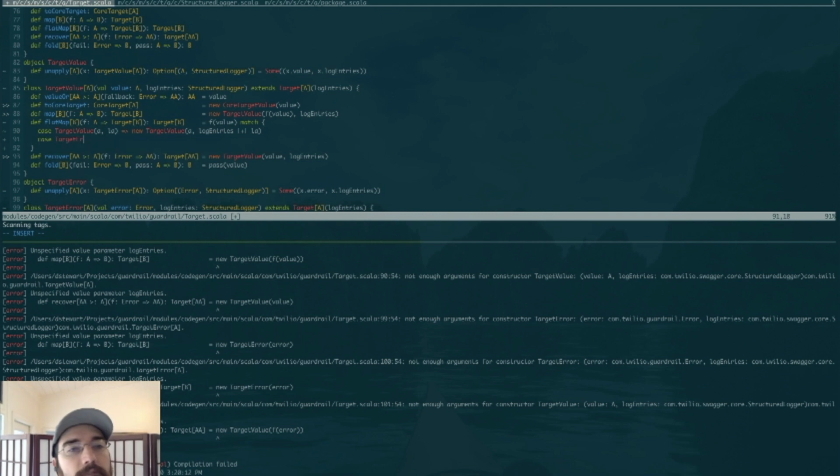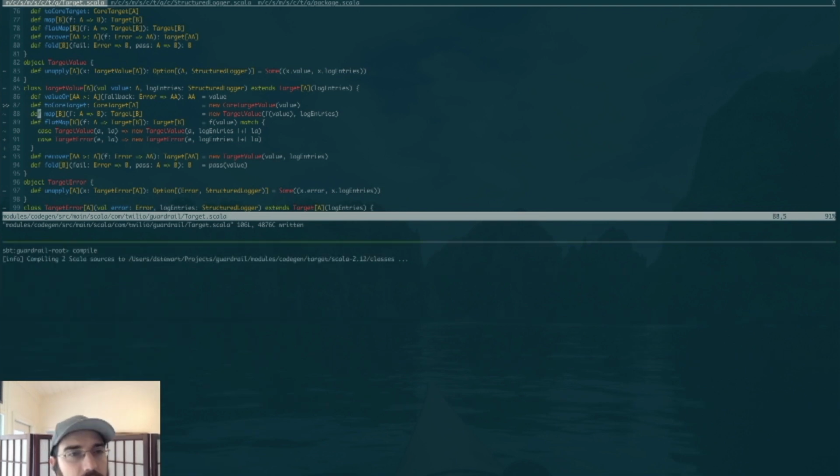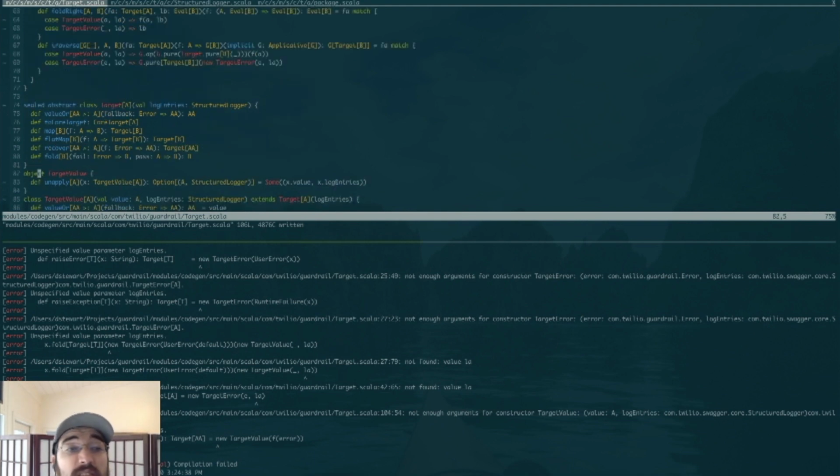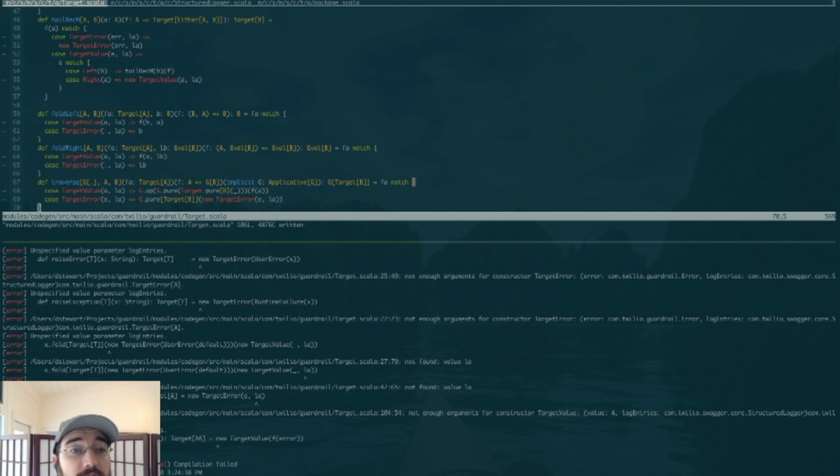Target error, ELA. Target error E log entries. Okay, so I think that we can actually use this. And no, flat map doesn't work, and errors don't do flat map that way, so this should be sufficient. Going back up here, all those are just those values, so target error, so if we're doing traverse, so that's,